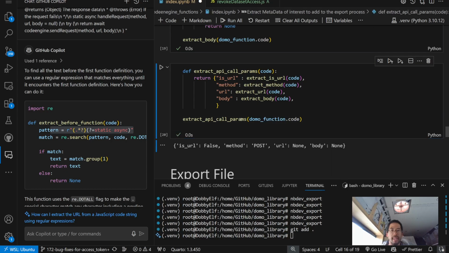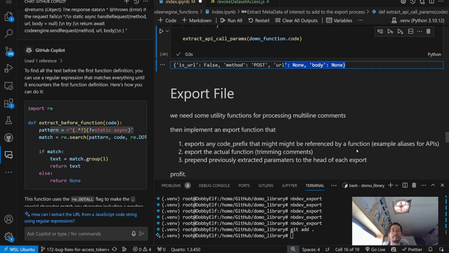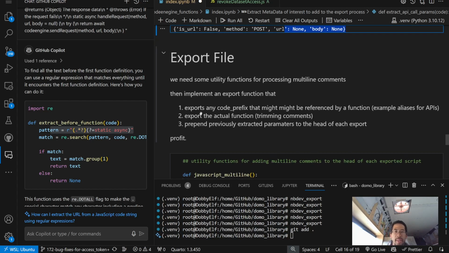Which probably tells me I need to massage my URL, like my regex expression some more. But okay, let's set that aside. Once I have these parameters, in this case a dictionary, what I wanted to do is, one, export the code definition. And then if there were some helper functions that were implemented at the head of the code, I wanted to add those. So in this context, I call this